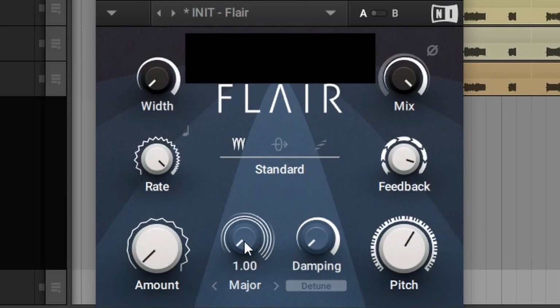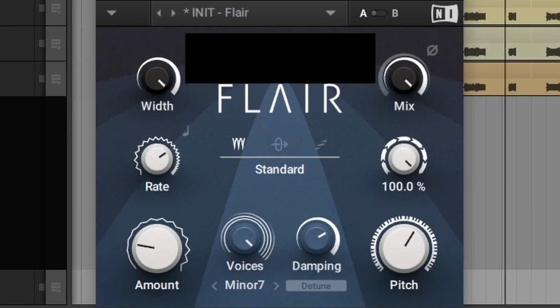Then I dialed in the voices thing because I like when it codifies stuff. Turned in a little bit of damping to make it sound just nicer. And then you have to tweak the rate and the amount a little bit, and maybe even the width, to just get it to sound a little bit more pleasant. So now I have a sound that adds some nice shiny tone to the original sound,